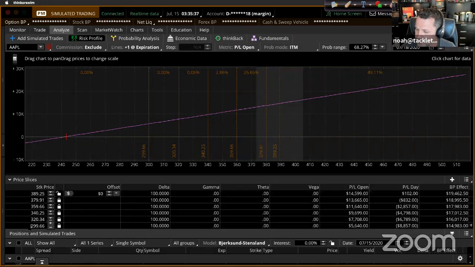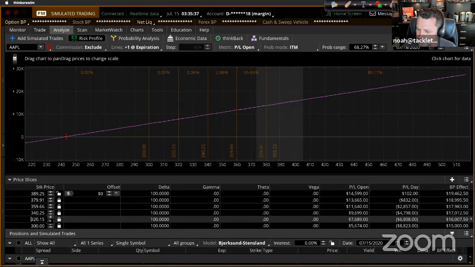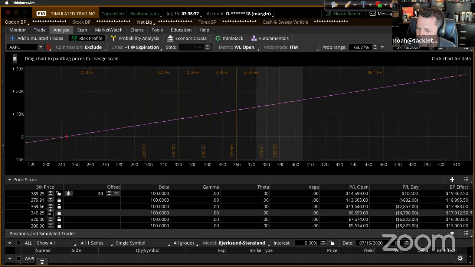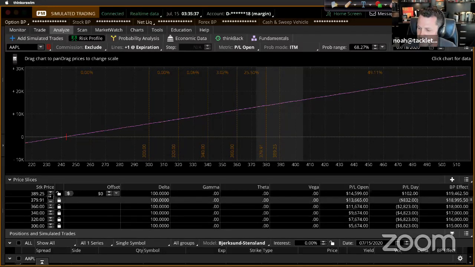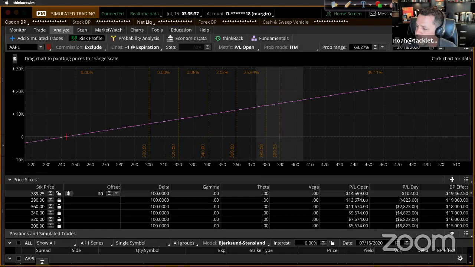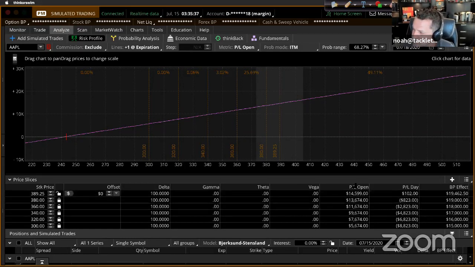So again, this is 300. This would be if the stock price dropped down to 320, 340. And I'm just evening those prices out, 360 and 380. Okay. So this is what would happen to your profits. If you still have profits, but you'd go from being up 14,000. If it dropped down to 380, you'd be at 13,670. You'd be at